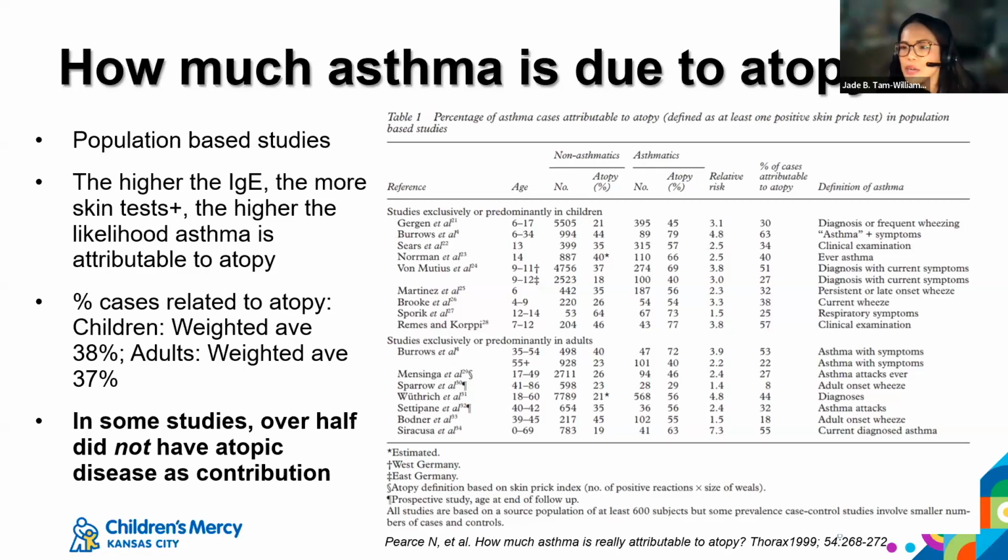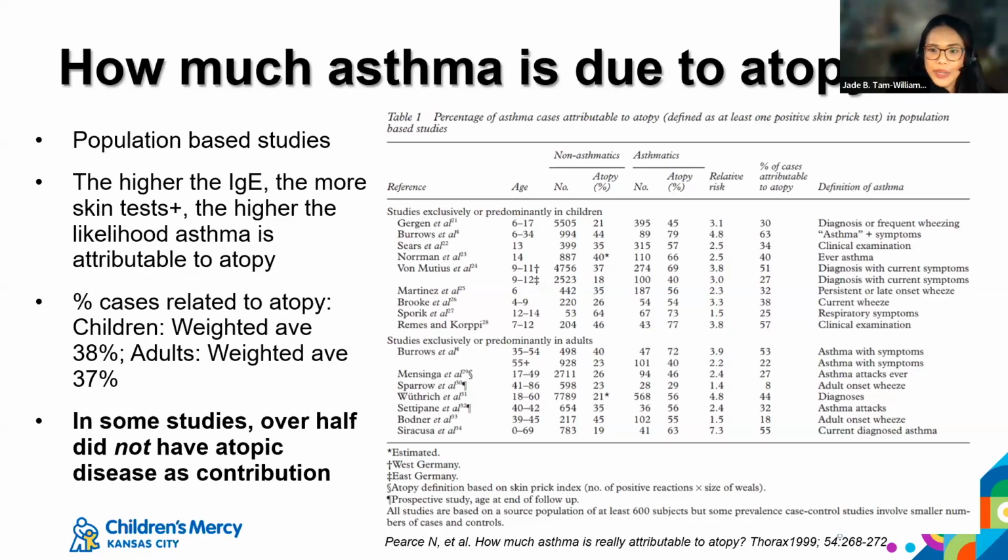But of the cases that were actually allergic, on average for children, it was about 38%, and on average for adults, it was about 37%. And in some studies, you can even see that about half of them didn't even have allergies as a contribution. Okay. So, what do I take away from this? For me, I take away the fact that asthma is not all just allergic asthma. You can say yes, 38% is a good number, but you could also say 62% of children out there might have asthma that's